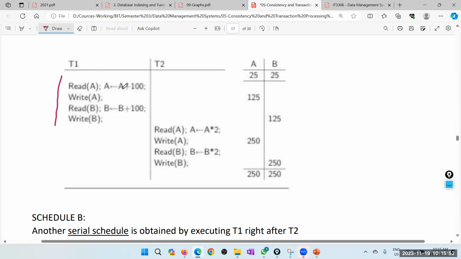We add 100 to A, so it will be 125. We add 100 to B, that is also 125. Now the first transaction is done, and we move to the second transaction. Now A is multiplied by 2, therefore 125 becomes 250. B is multiplied by 2, 250. The final result is both A and B are 250, and this is a valid result because